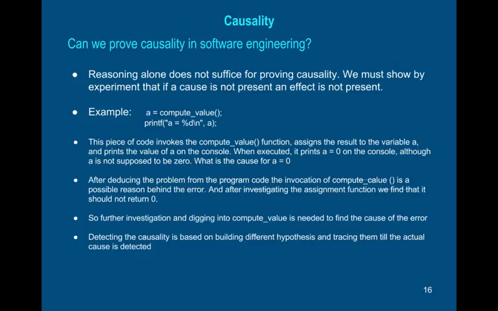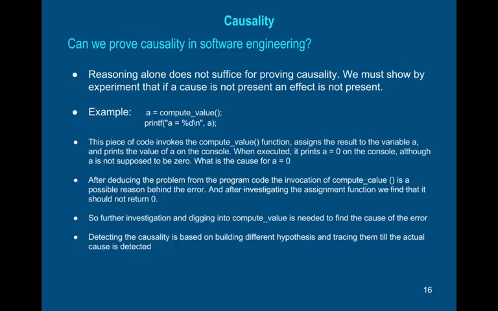Causality. Can we provide causality in software engineering? Well, reasoning alone does not suffice for providing causality. We must show by experiment that if a cause is not present, an effect is not present. As an example, a equals compute value, and compute value is just calling a function, and it should get a